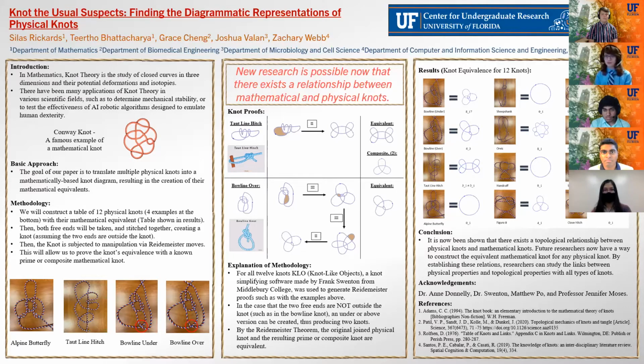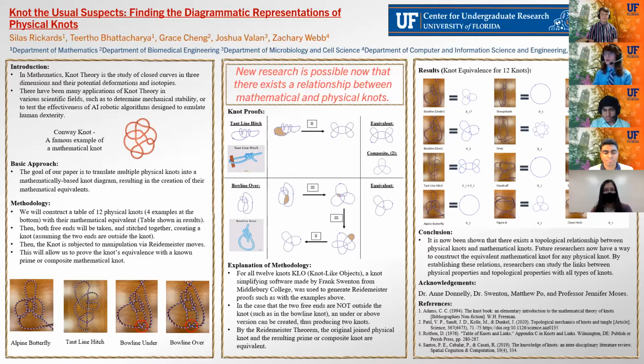The bulk of a knot proof is made up of the 3 Reidemeister moves that we've mentioned earlier. The first Reidemeister move is when you twist a strand to make a loop or untwist a loop to return it to a strand. The second move is when you move a strand over or out from a loop. And the third move is when you move a strand over or out from a crossing of 2 other parts of the strand. So the proofs here are constructed by the part of the knot that's being affected is highlighted